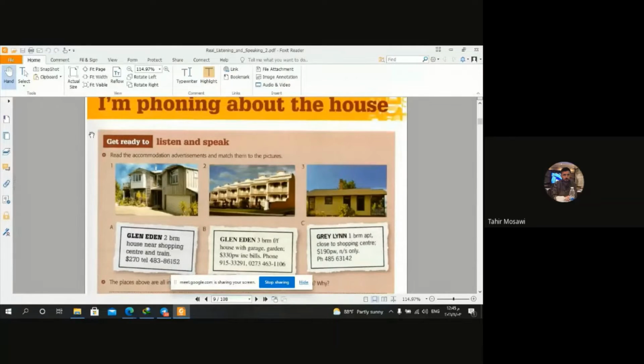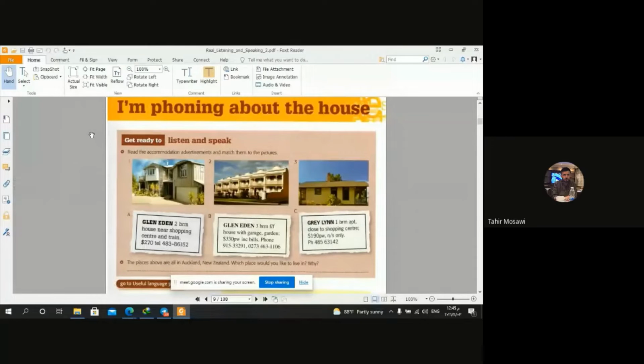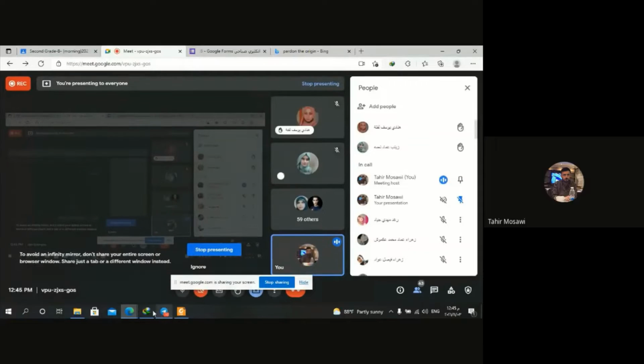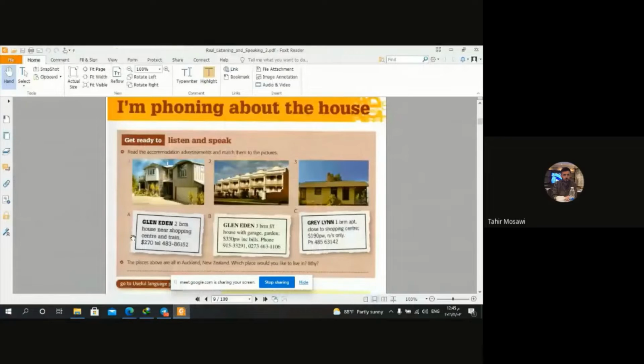As you are used to, each unit begins with a get ready to section, which presents some exercises that...